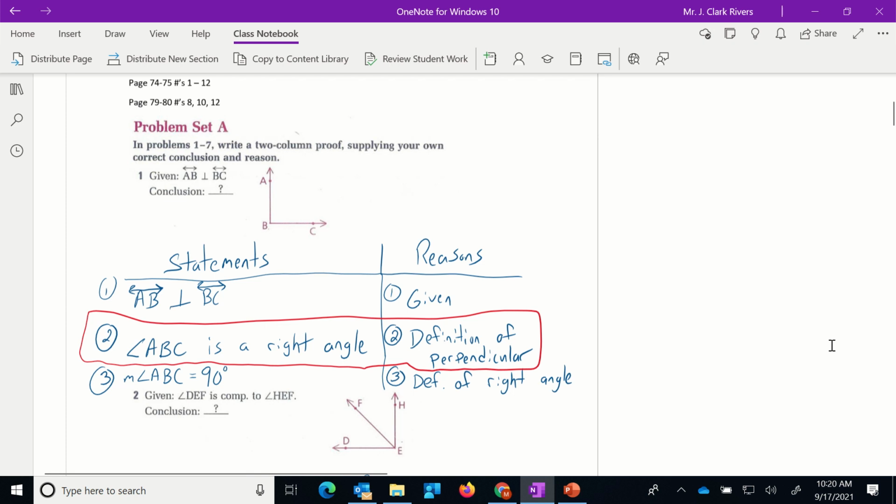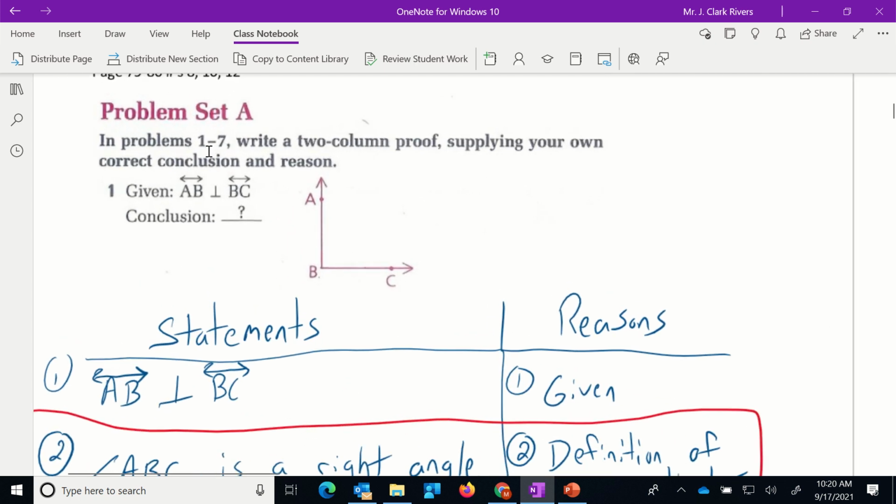Okay, guys, homework review from 2.3, 2.4. This is a very important lesson, so we're going to go through every problem. I'm going to talk about what I need to see, what I don't need to see, but you might have included. Also, on these, the directions in 1 through 7 said write a two-column proof supplying your own correct conclusion